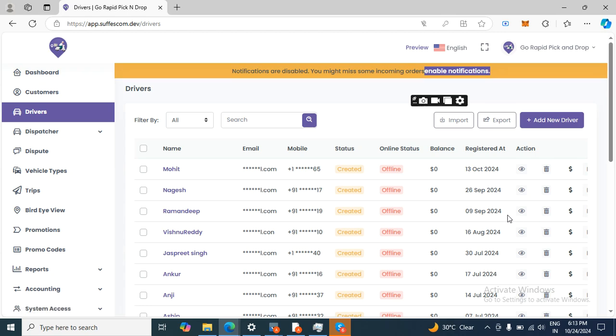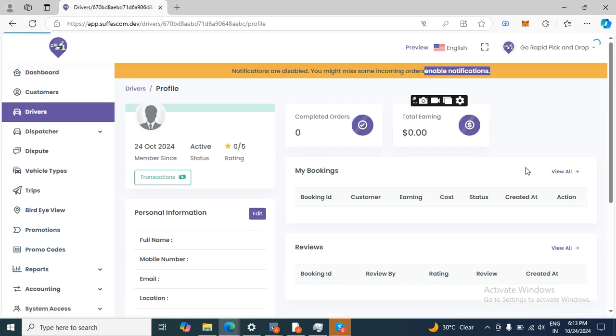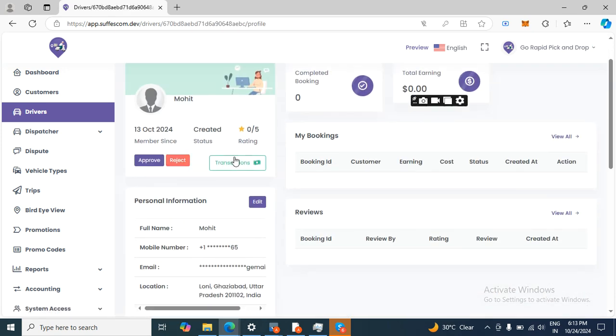Over here, admin will be able to manage the drivers of the platform. I'll be able to see the list of the drivers with their name, email ID, mobile number, their status, their online status, total balance, and their registering date. As an admin I'll be able to take the following actions. I'll be able to view the details of the drivers along with all their information, and I'll be able to approve or reject